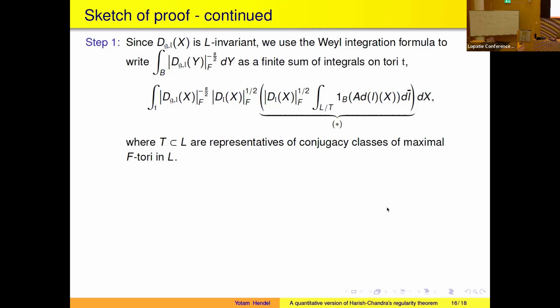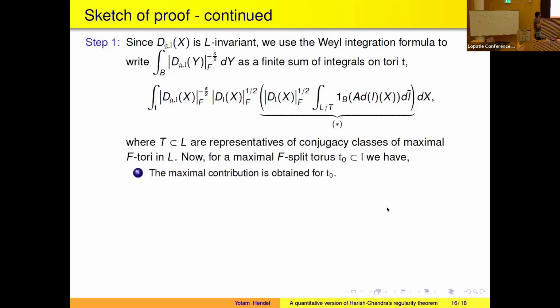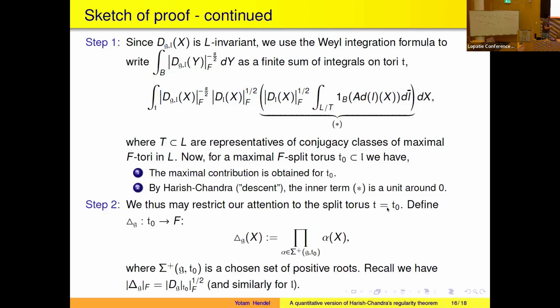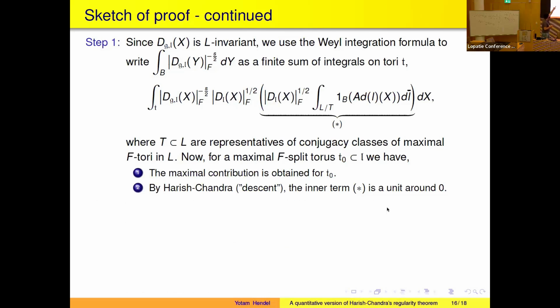And now each summand is of this form, and I can use some results of Harish-Chandra to get the following two things. So firstly, the maximal contribution to this big sum of finitely many expressions of this form will be obtained on the maximal F split torus. So again, we are working in GLN. I can assume it is split, and this is what I do now. And secondly, by Harish-Chandra, this inner term is a unit around 0, so I don't have to worry about it. In other words, I can just worry about